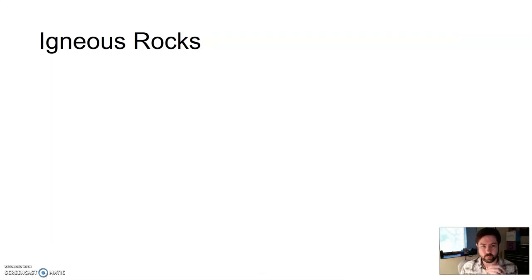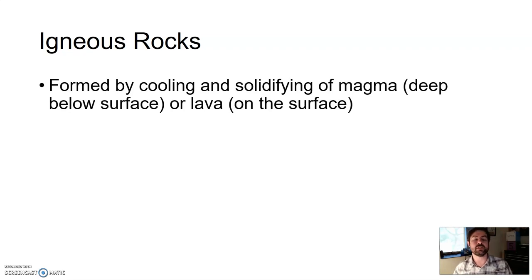I want you to think about that word igneous, as in ignite, fire. So igneous rocks are born of fire. These types of rocks form from the cooling and solidification of magma, that's liquid hot rock below the surface, or lava, which is the same stuff just on the surface. So when that material cools, whether it's magma or lava, they're both molten, melted rock. When that cools and solidifies, you get an